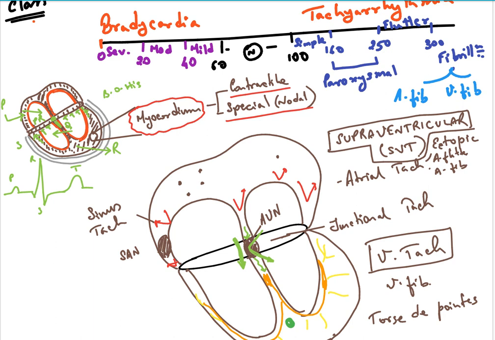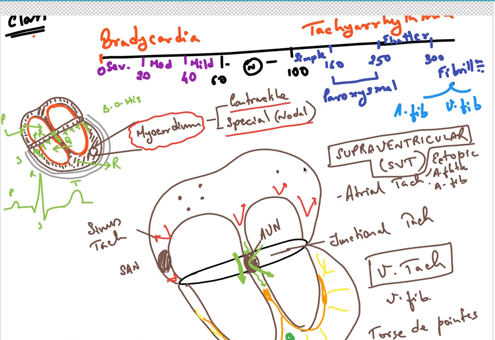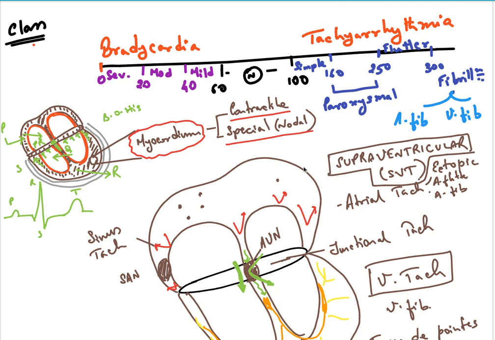Now, if we talk about arrhythmia, how can we classify it? What are the various kinds of rhythmic abnormality coming up? One way is that it can come from the ventricle, or from above the ventricle. So there can be a supraventricular or a ventricular arrhythmia. And like I said, 60 to 100 is normal. Anything which is beyond 100 is called tachycardia or tachyarrhythmia. And if it is less than 60, then it is called bradycardia or bradyarrhythmia.